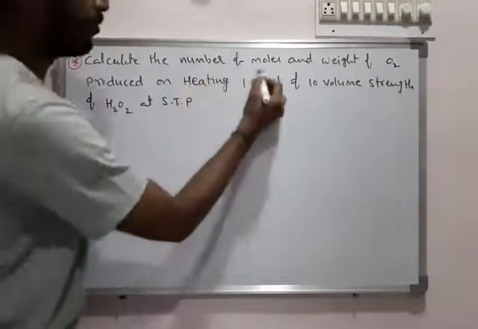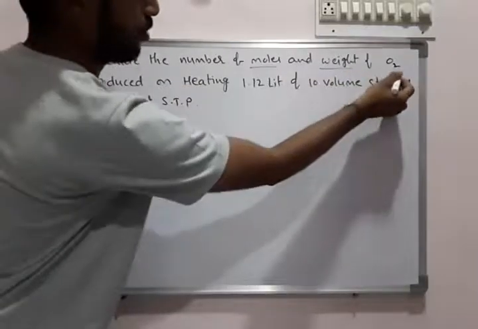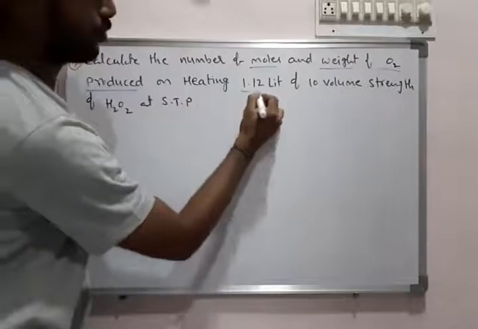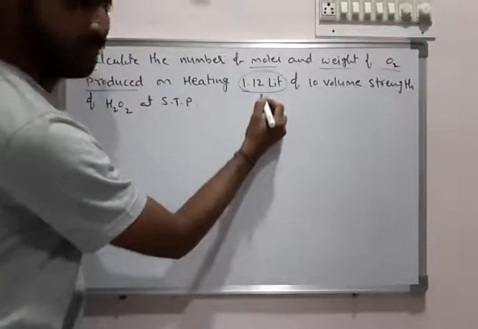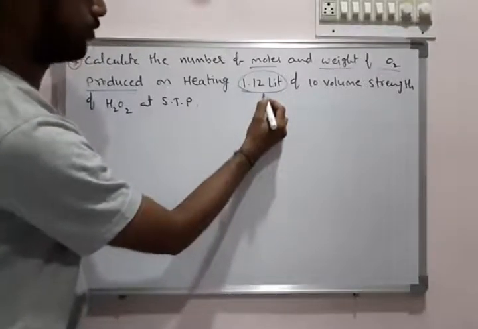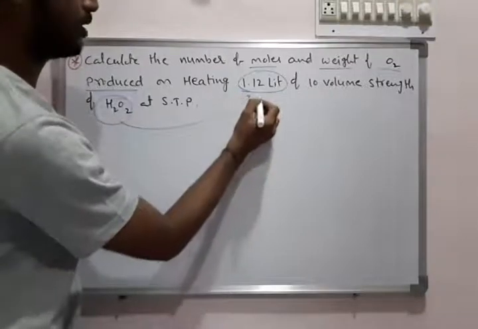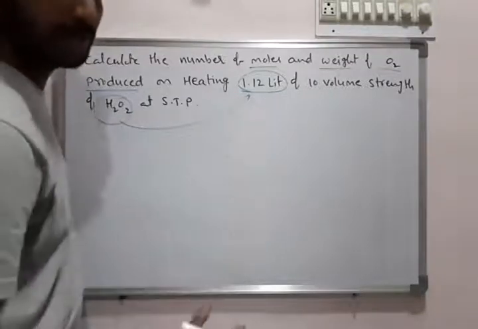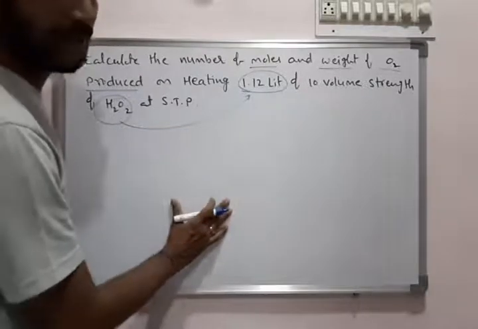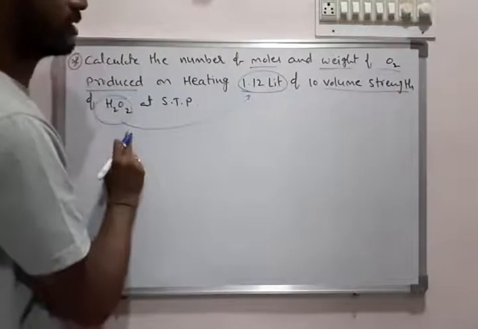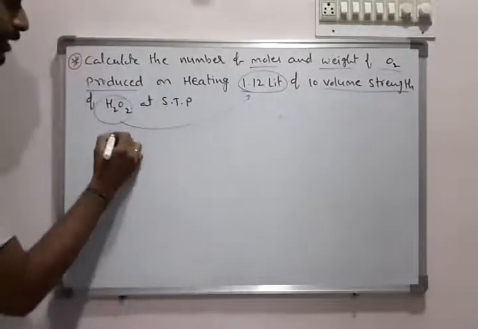Calculate the number of moles and weight of oxygen which is produced on heating 1.12 liter of hydrogen peroxide. This is the given volume of hydrogen peroxide, 1.12 liter. So what is the sample? What type of sample? 10 volume strength. The strength of this hydrogen peroxide is 10 volumes. We know that